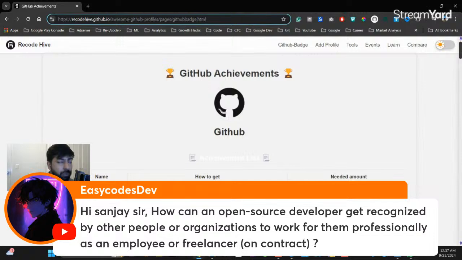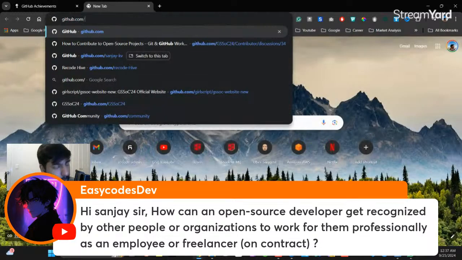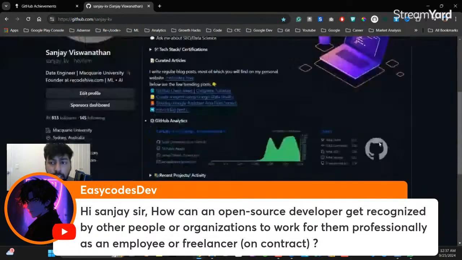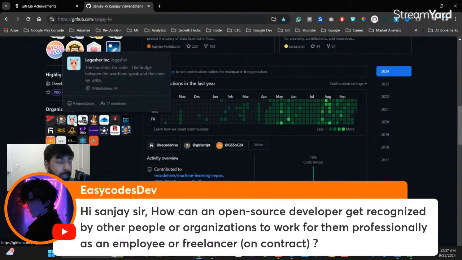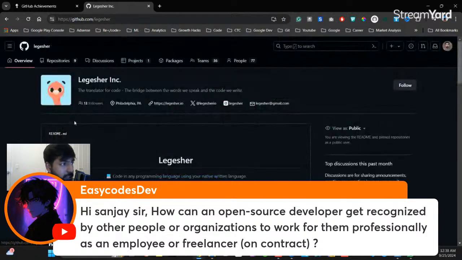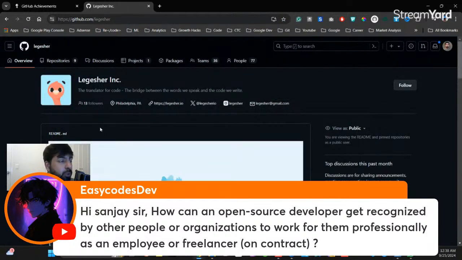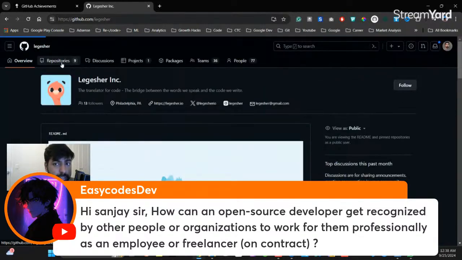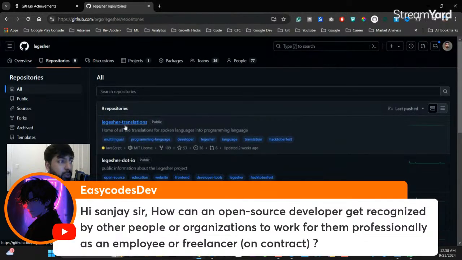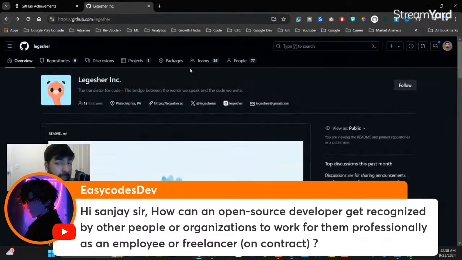For example, if you are a beginner, when you start contributing, GitHub does provide badges, and these badges will be visible on your profile. If I go to my profile, you can see how many organizations I've been part of, and each organization is something different. For example, this Legacy organization lets people code in their mother tongue. If your mother tongue is Marathi, you can code in Marathi. If you go to their repositories, they need people to do translation. So you can do basic translation over here, no real-time coding, but you're still helping this particular project.